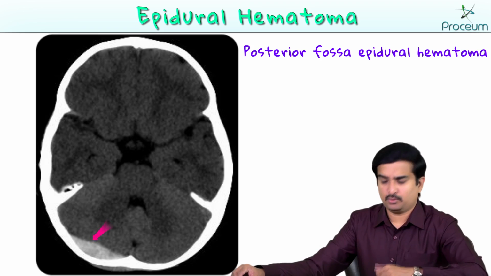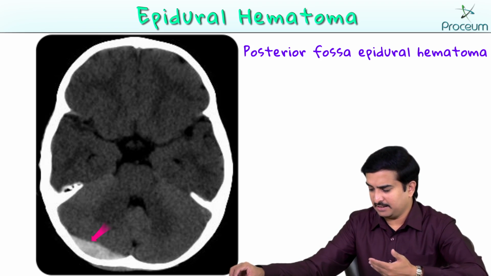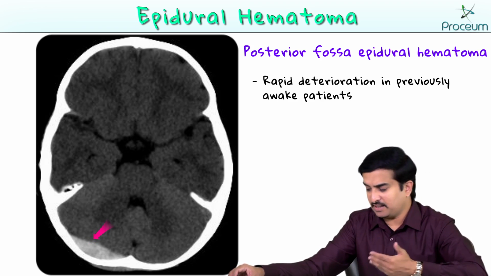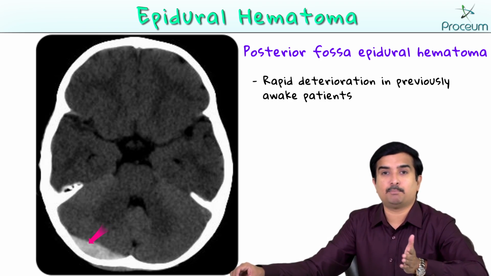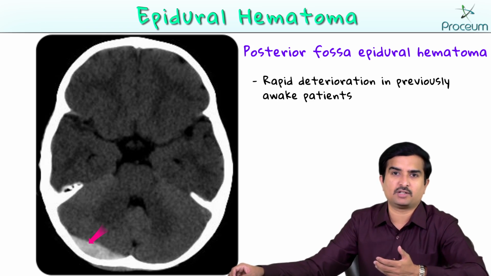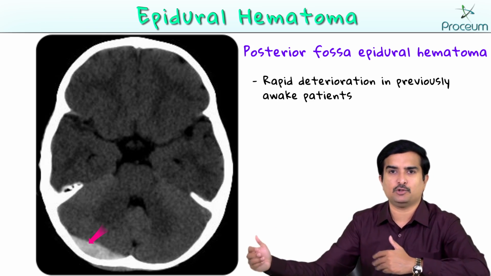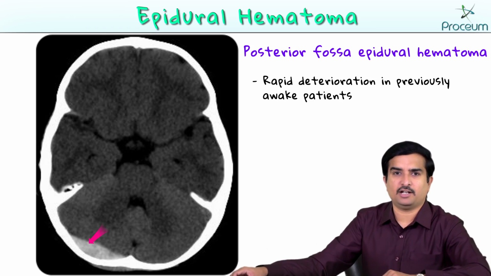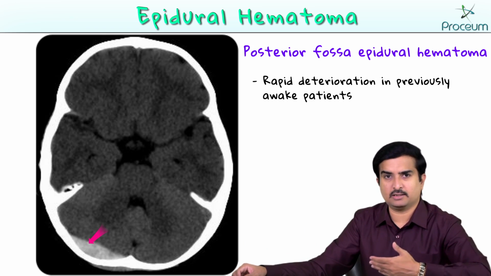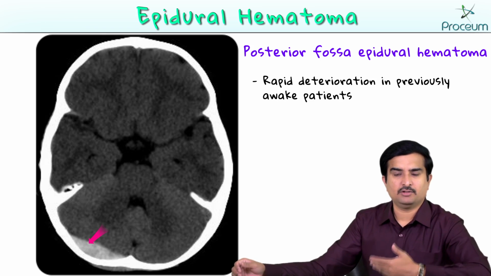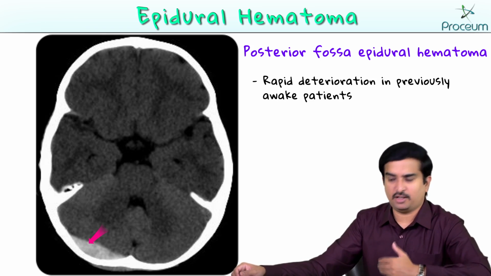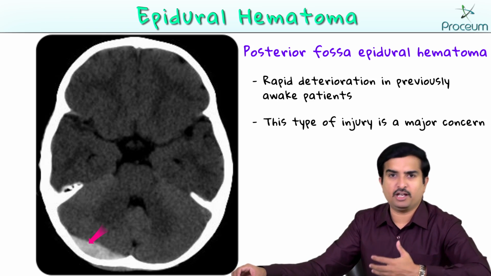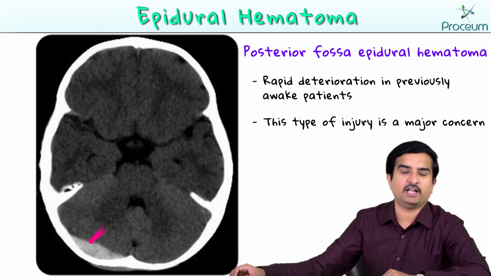So in this condition, by seeing the image itself, we can say there's a rapid deterioration in a previously awake patient. Why are we calling it a previously awake patient? Because of the lucid interval, after 3 to 4 hours, because of the active bleeding and expansion of the hematoma, there will be a deterioration of his condition. That is the case we are seeing here. There's a rapid deterioration of the patient's condition in previously awake patients with this type of injury, which is a very major concern,